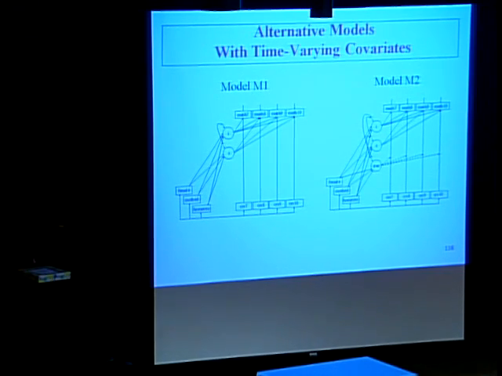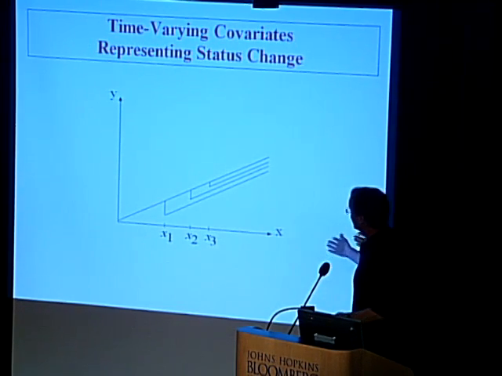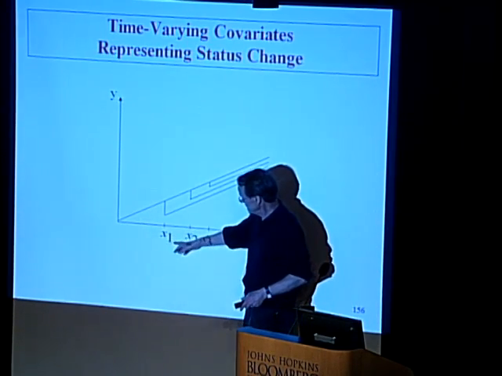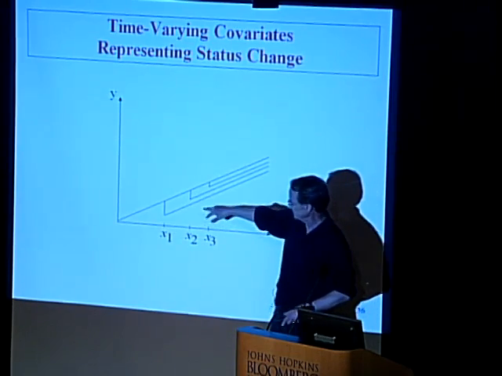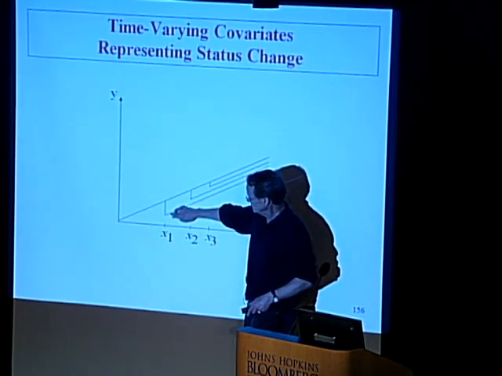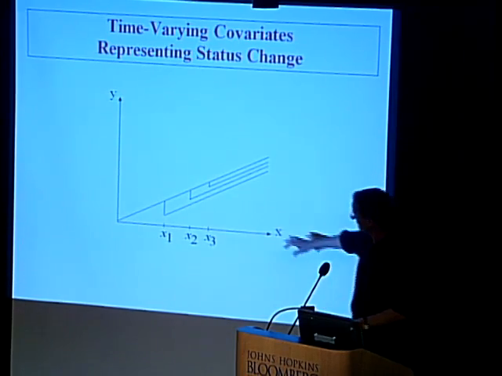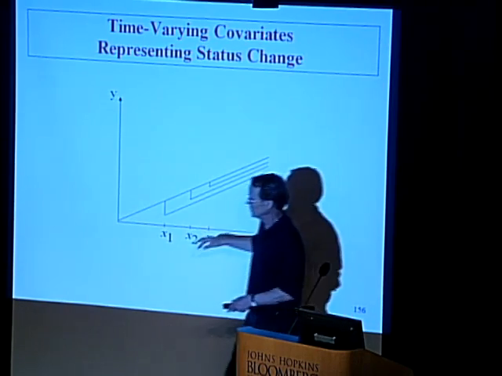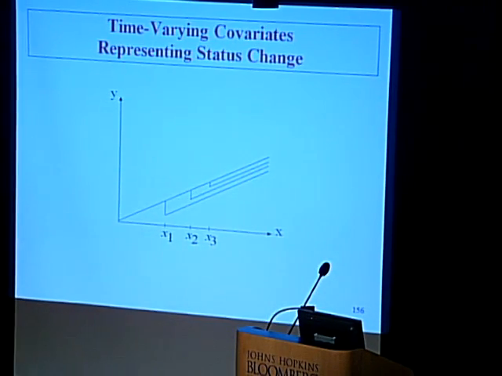So we want to contrast these two approaches to time-varying covariates. On the right here, we have a status change, so that once this status change has happened, once this person has gotten married, they drop down and stay on another developmental path that's lower throughout. It's that constant change in one direction that's exemplified by those factors at the bottom of Linda's graph. Here, however,